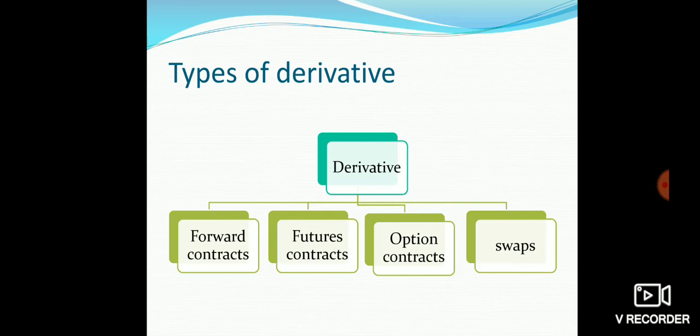Hello everyone. In previous classes, we are done with the types of derivatives: forward contracts, future contracts and option contracts. Let's have a glimpse of this. A forward contract is a contract between two parties to buy something at a future date where the price is fixed, and the price of the contract is on the basis of the underlying asset. Future contracts are like forward contracts where an intermediary, a standardized organization, is there to control these transactions.